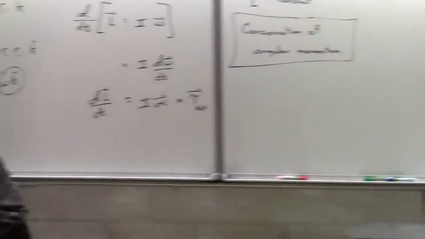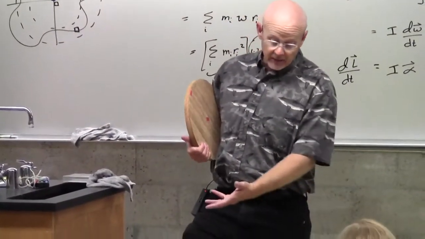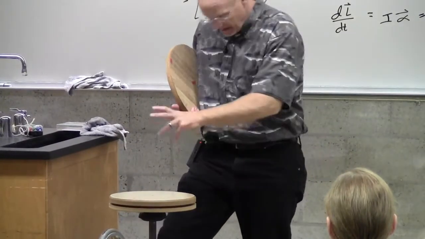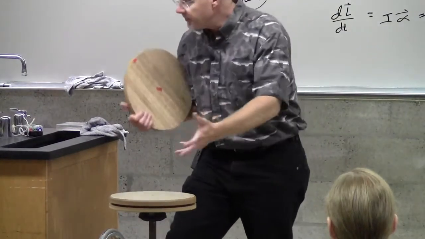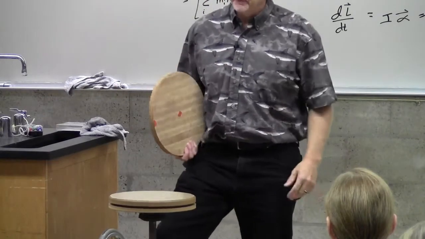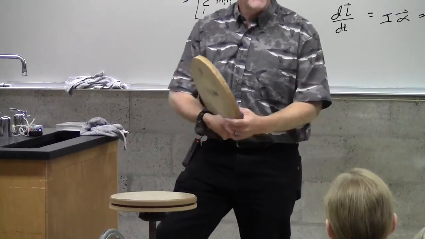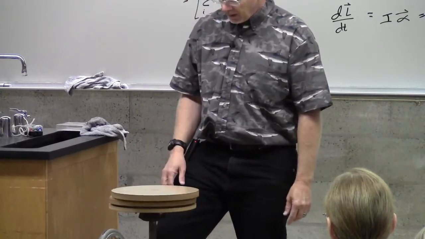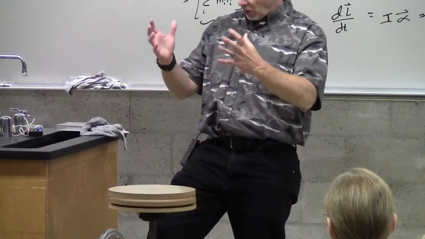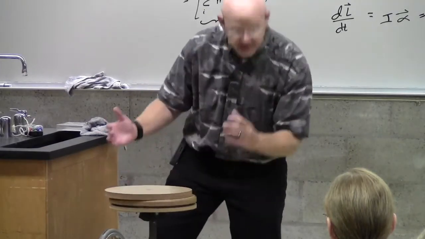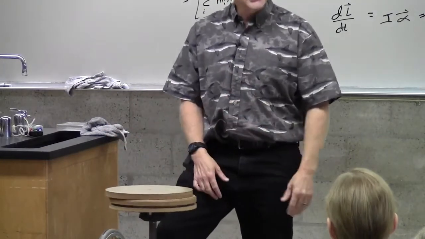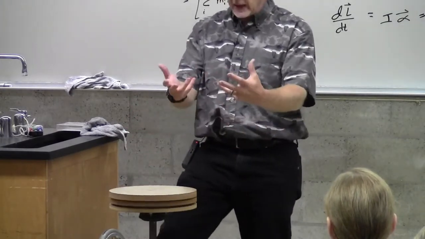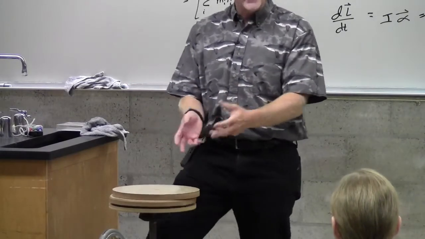So here I have this spinning, and I can then look in the little table and say, this is 1/2 mr squared. And then if I gave the angular speed, then I could get the angular momentum plus 0. And of course, when I put them together, I now have what you might call one solid disk, although I didn't get it quite centered. If it was centered, it would have the same radius, it would have more mass. But you get the idea that then I would set that equal to the angular momentum and solve for, say,